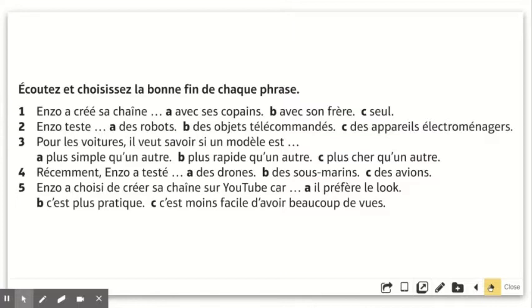Use that to help you. Have a little go at that. Again, of course, you can pause it and rewind it. See how much you can do without having to pause it. This will be a little challenge for you to try and improve your listening skills, try and see how much information you can pick up without pausing it.